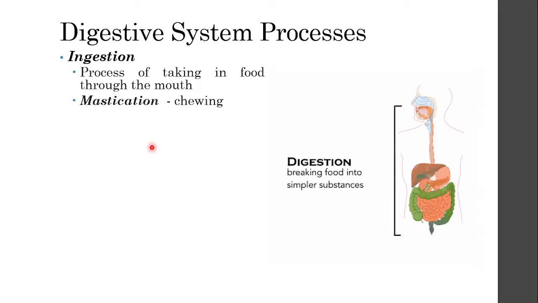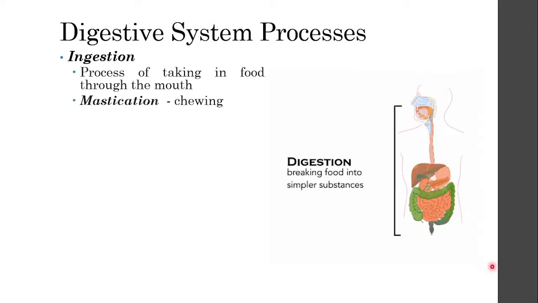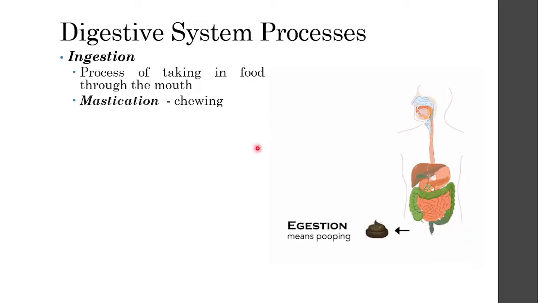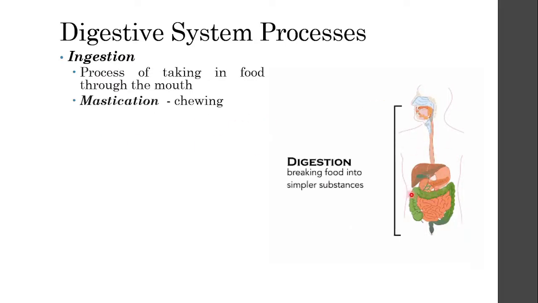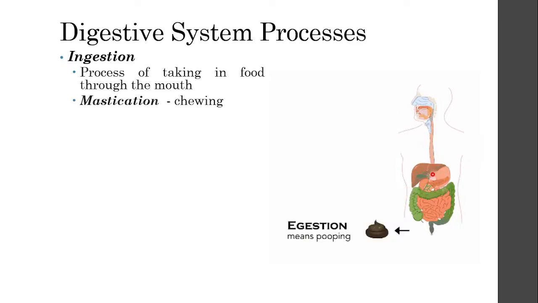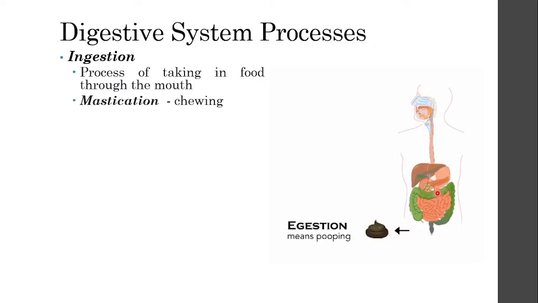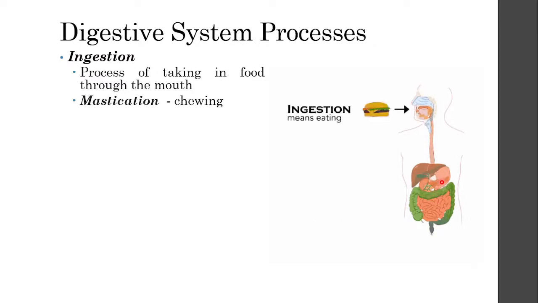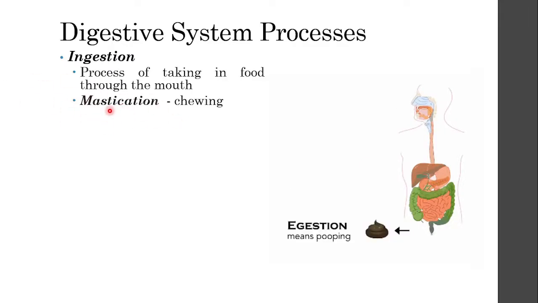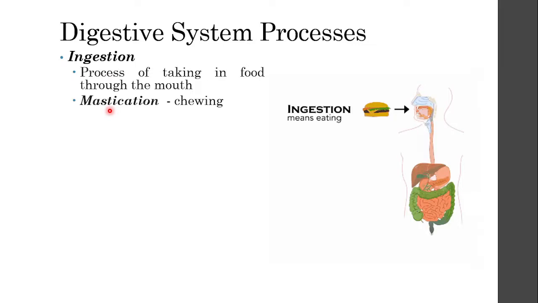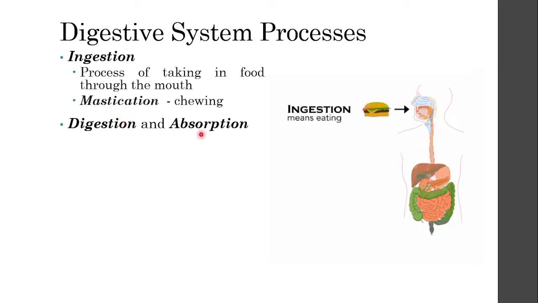Not every organism chews. Avians do not have teeth, so their digestive system is created in such a way that they're able to grind a lot of the things that they ingest in their digestive parts. If you remember, they have the pouch, and then they have the proventriculus, and then they have the gizzard, and the gizzard is the grinding part. But for us as humans, we can masticate, which is chewing, which starts to mechanically break down the food that we eat. And then from ingestion, it goes into digestion and absorption.